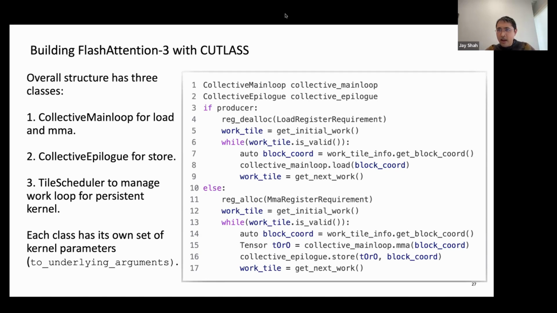And let me now share my coding environment. So I want to take the consumer, the MMA method, and investigate that carefully. And I will show how you can build on top of Cutlass to implement the ideas involved in the consumer part of the Flash Attention 3 kernel for BF16. So let me move over.